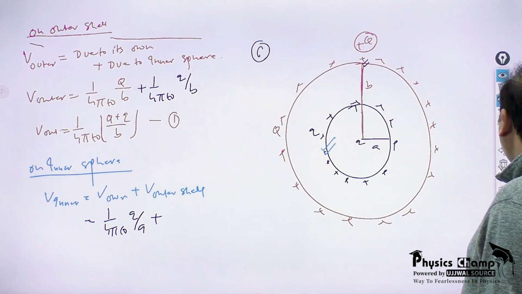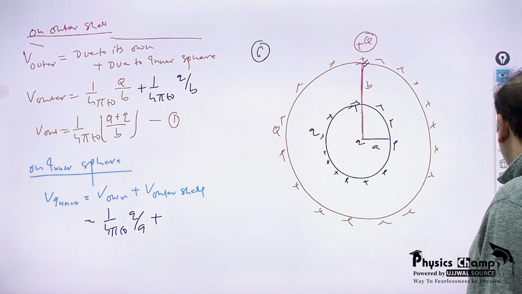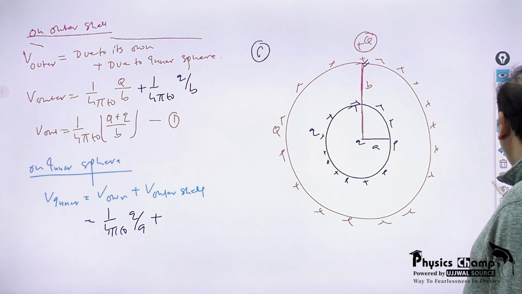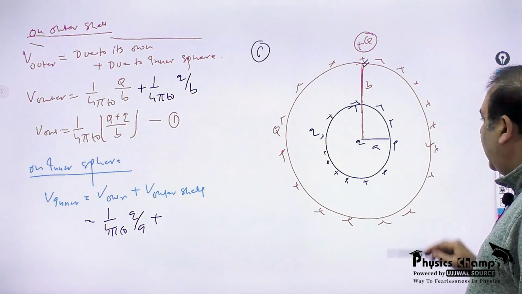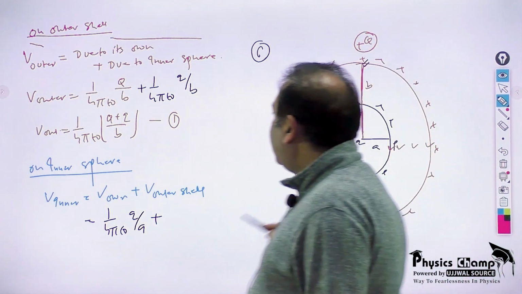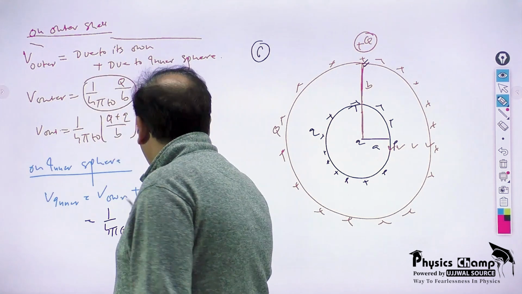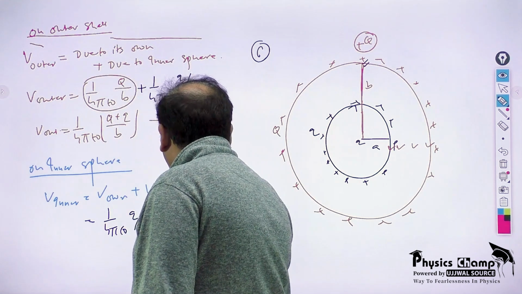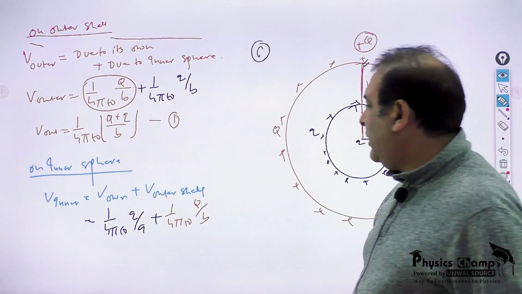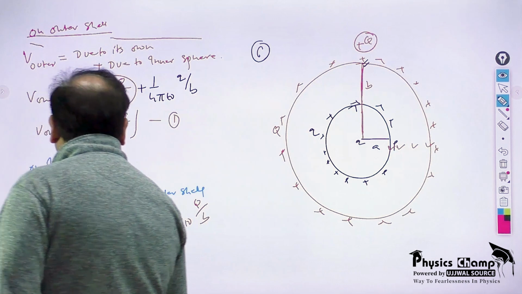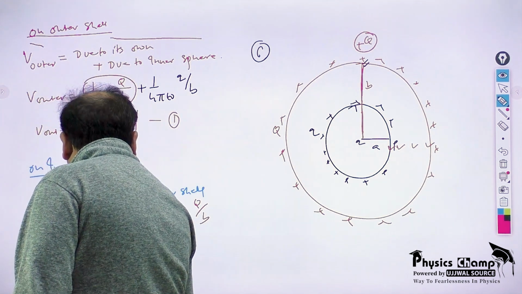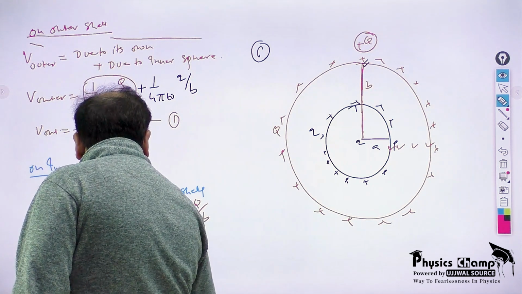And as far as the potential due to the outer shell is concerned, if the potential here is V of the outer shell, then the same potential would come in. The potential of the outer shell was 1 by 4 pi epsilon naught Q by b. The same potential of the outer shell would also exist everywhere inside. So here the potential on the inner shell will become 1 by 4 pi epsilon naught q by a